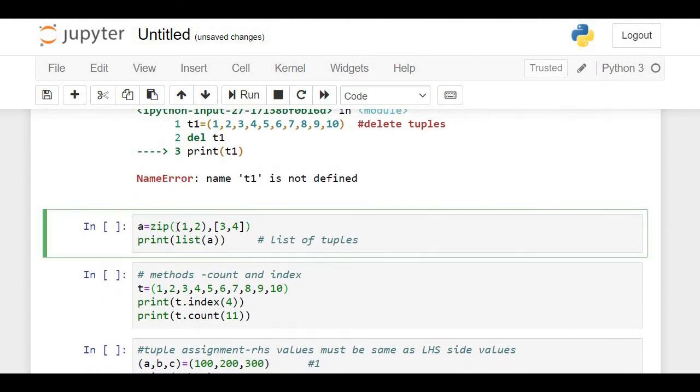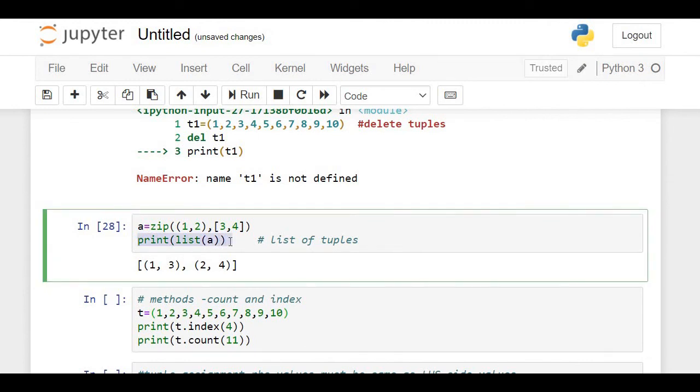And another important function, zip. Zip is a function which is used to combine or bundle together two lists, tuples or anything. More than n number of lists or tuples can be combined. Here 1, 2. First you have a tuple, then you have a list. Now we are going to zip both this tuple and list. See how it works. And after this, if we display it, we have this output.